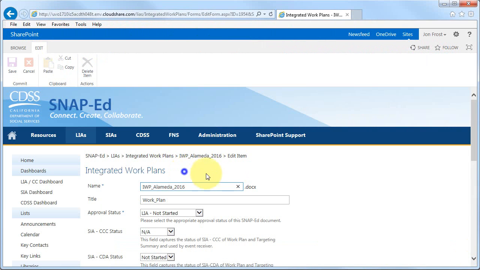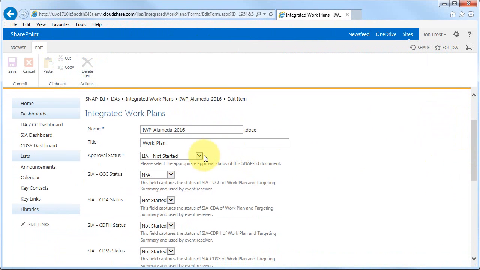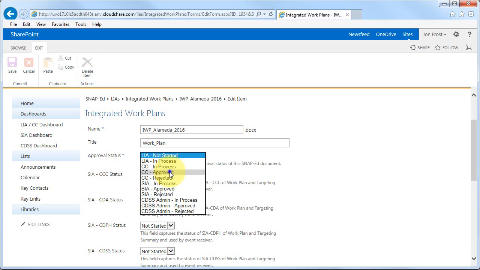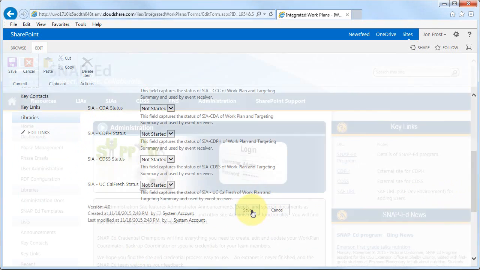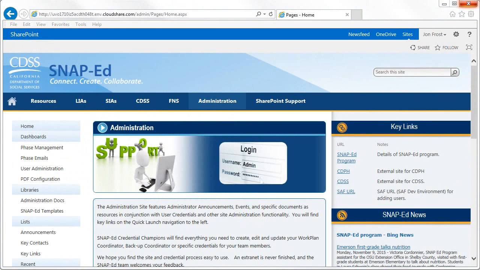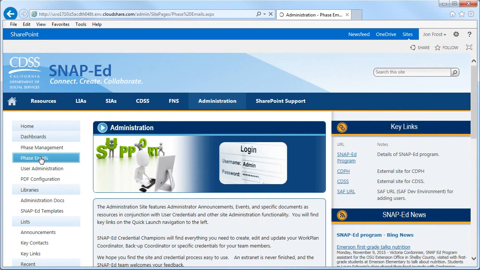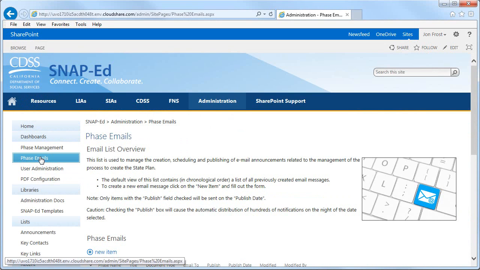Upon completion of their initial drafts, the LIAs and county coordinators set a status code on each of their documents to indicate that they are now ready for review. To prepare for the next phase, one where the LIAs can no longer edit their documents, but now the SIAs can, the process of sending out a broadcast email is repeated, only in this case the broadcast email is one